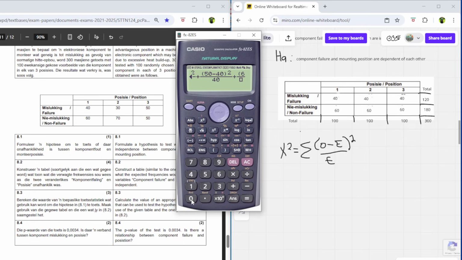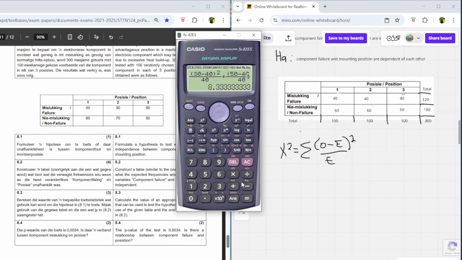Now it's 70 minus 60 squared over 60, plus 50 minus 60 squared over 60, equals